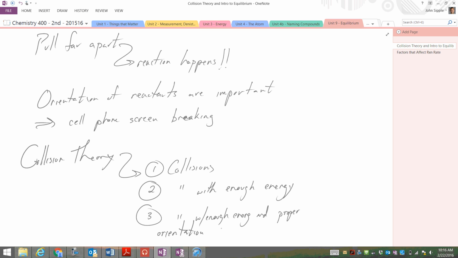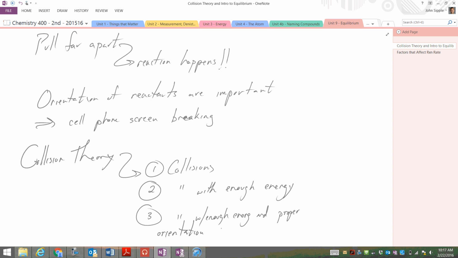All right, so collisions with enough energy, and collisions with the right orientation. When we start thinking about this sort of stuff, there are particular things that are going to affect rates of reactions, because you can alter things about the reaction that change, maybe just purely the number of collisions that molecules have with one another. Not all the collisions result in a reaction, right? Because they have to meet these two other caveats: enough energy and the proper orientation. Some percentage of those collisions are having a reaction.